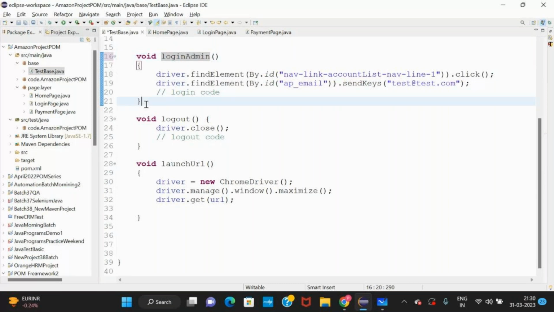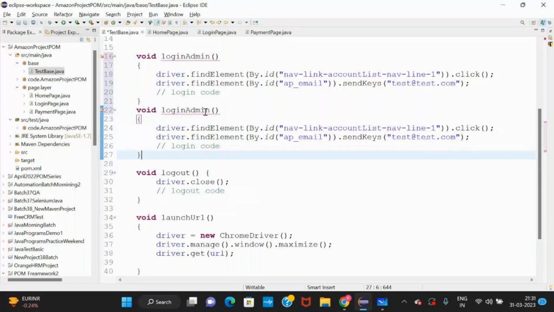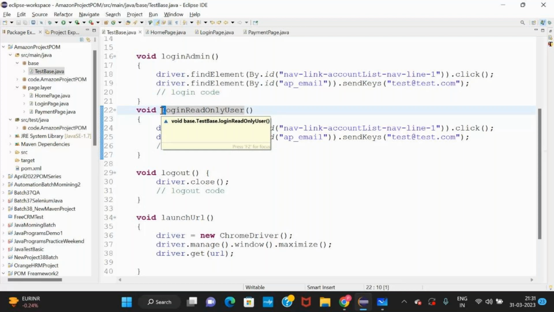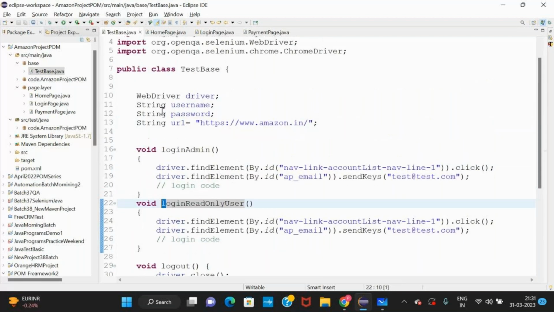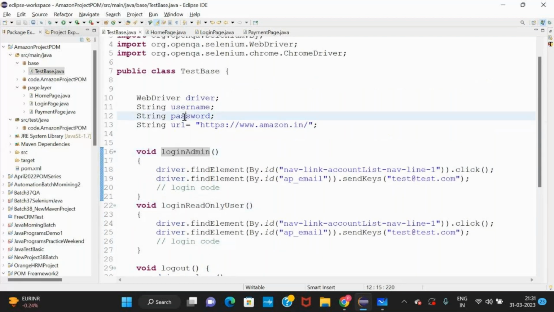If you have one more method, for example login with read only user, then you can write loginReadOnlyUser. So the first letter of the first word is small, and the first letter of each next word is capital. This is for variables and methods. Both naming conventions are the same, variable and method.